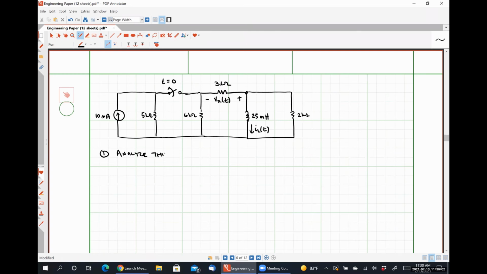Analyze the circuit at t is equal to 0 minus. So in this case, that would be a 10 milliamp source